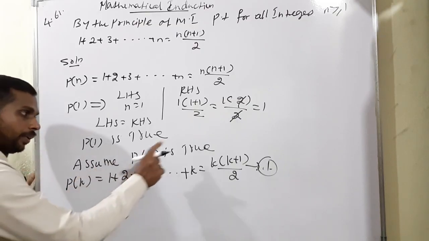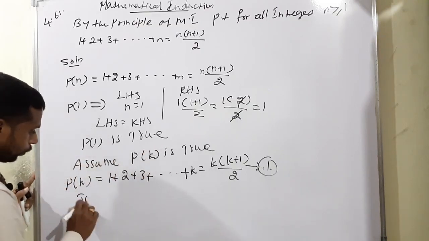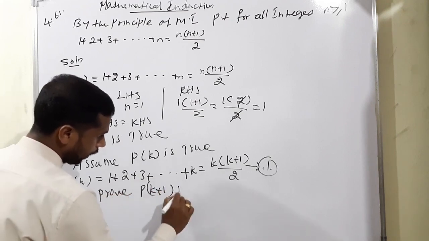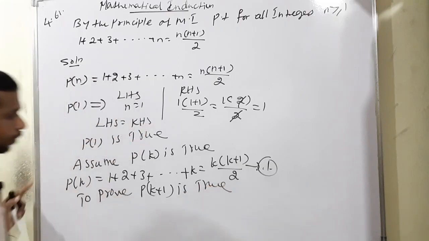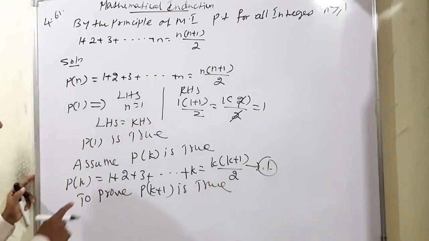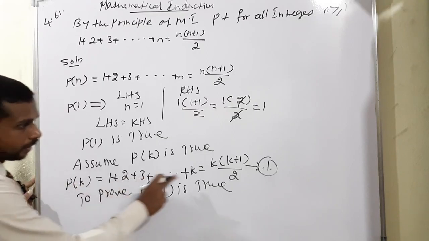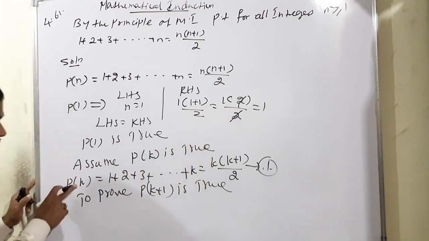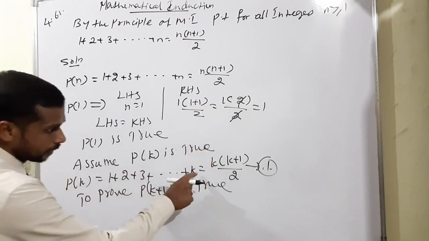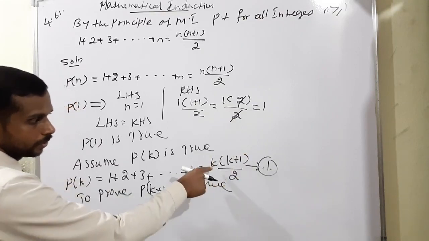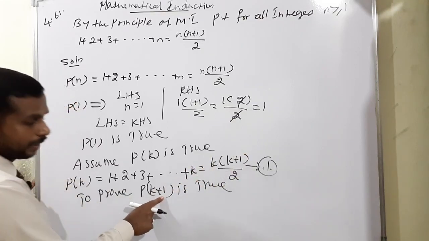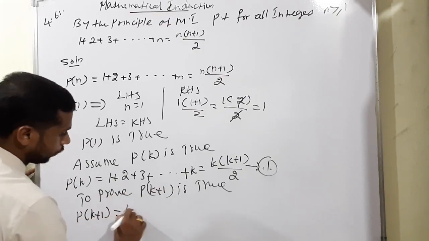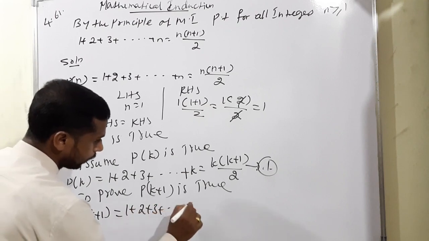So, assume P of k is true, and we have to prove P of k plus 1 is true, okay. What will happen? Already we know P of k means 1 plus 2 plus 3 plus dot dot dot plus k is equal to some value. Therefore, instead of k, take k plus 1. On the opposite side also, everywhere instead of k you have to apply k plus 1. So, P of k plus 1 is 1 plus 2 plus 3 plus dot dot dot